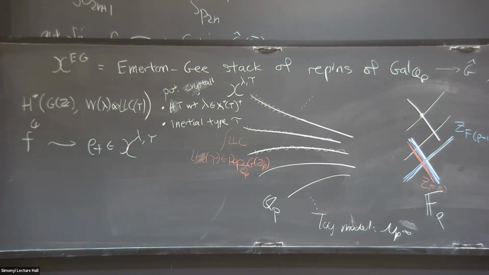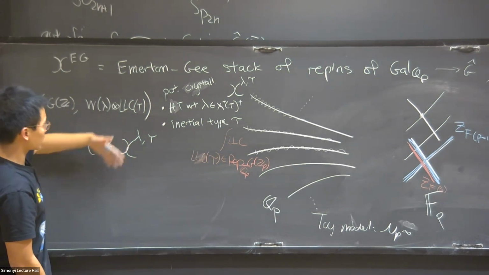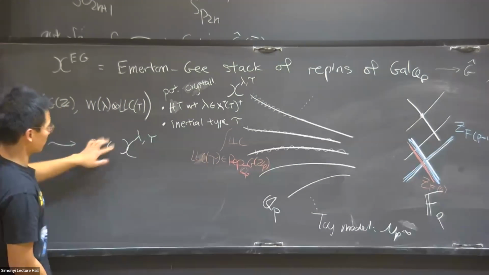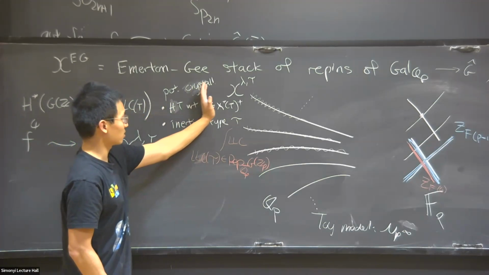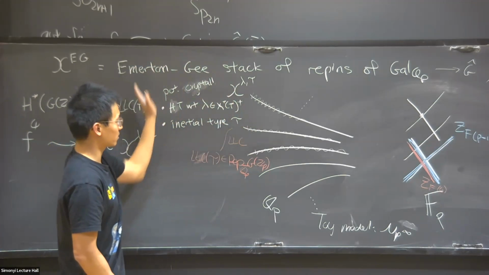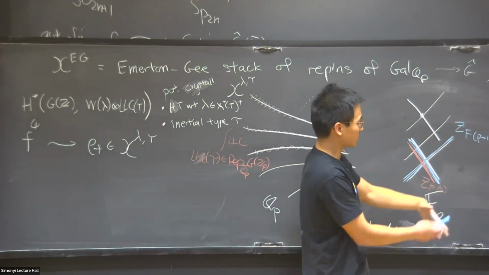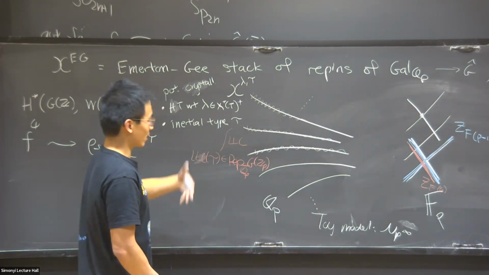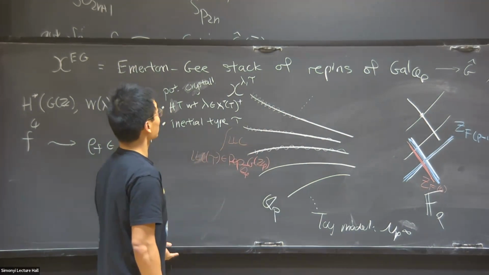Okay, so the point here is that in characteristic 0, there's some process, which we understand by Hecke theory, to go from representations of G(Z_p) to these loci in this stack of Galois representations. And we're searching for a similar or analogous construction in characteristic p. We're going to try to actually use compatibility with characteristic 0 as the desideratum for such a construction.